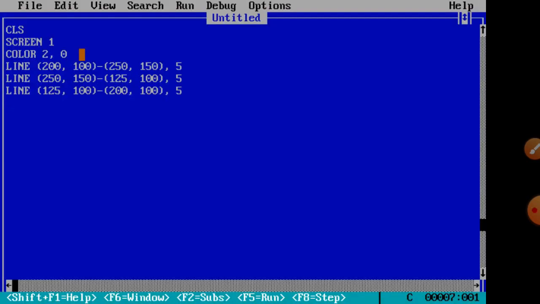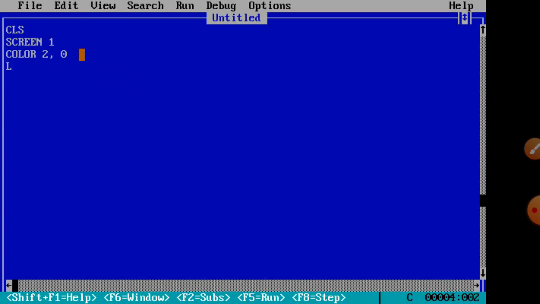Now student, after this we will understand the box. Okay, BF, the box and fill color. So now we create any line for drawing. We create a line at 100, and now we put 100, that is the column, and the row is the same position. Same point here, and now dash 150, 150, that will create the line.